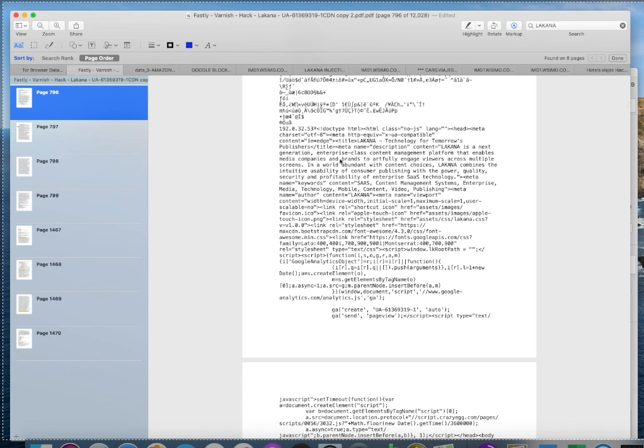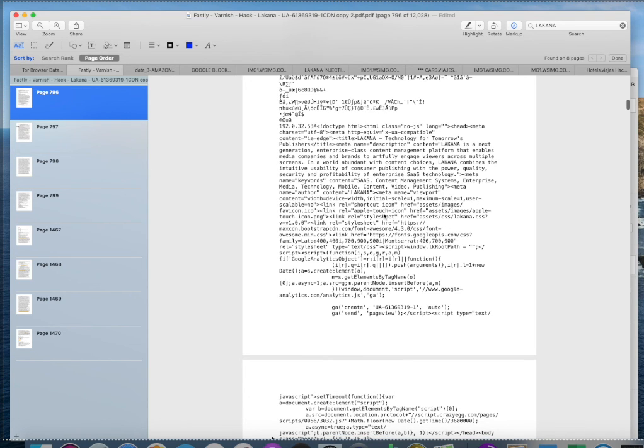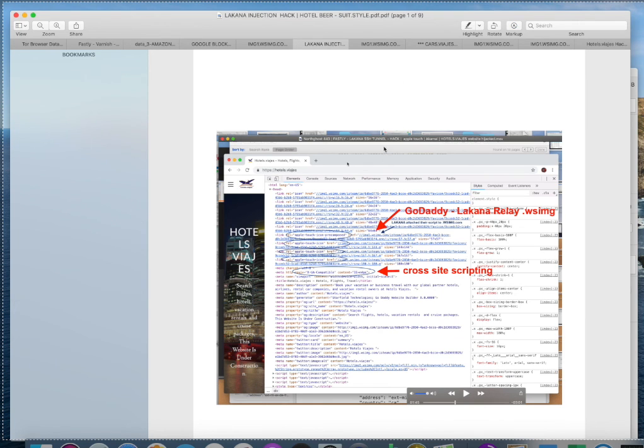It's just unbelievable. Shortcut, Apple Touch icon, LAKANA, and they're in my system right there.